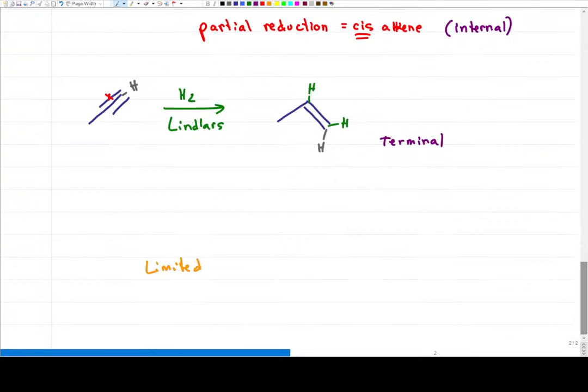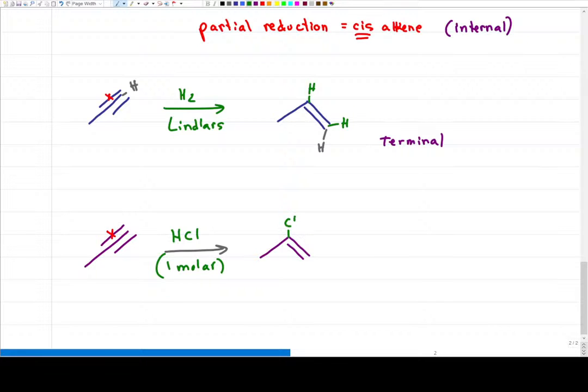Okay, so let's go to, I forgot who asked, but what happens if we try to limit what we react when the reaction should be in excess? If I have an alkyne, let's go with a simple alkyne, propyne, some professors will give you a reaction that looks like this, and they'll tell you HCl 1 molar, meaning you don't have excess, you only have 1. And the answer they want you to give is as follows. One reaction means you only break 1 pi bond, and you add the HCl, Markovnikov's rule, chlorine goes more substituted,